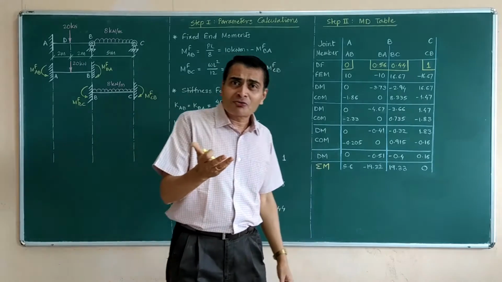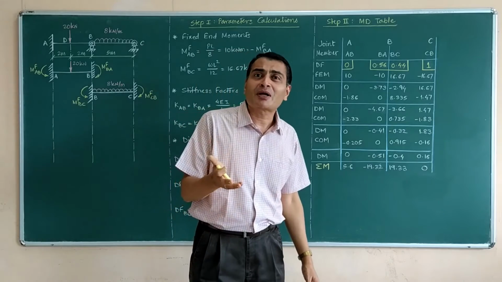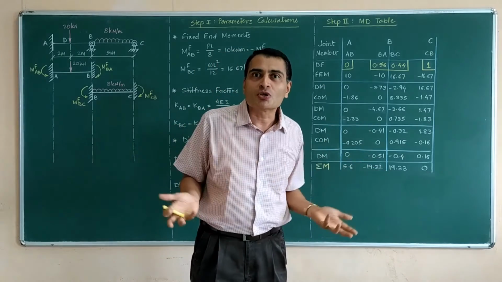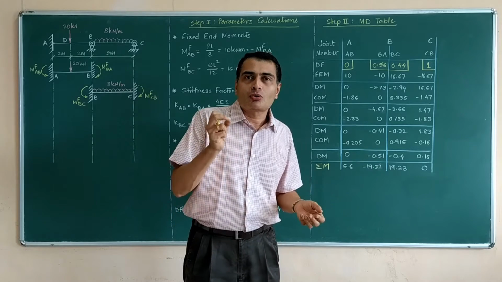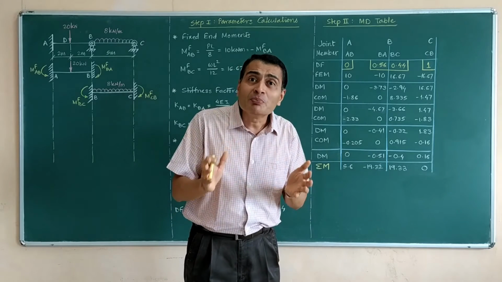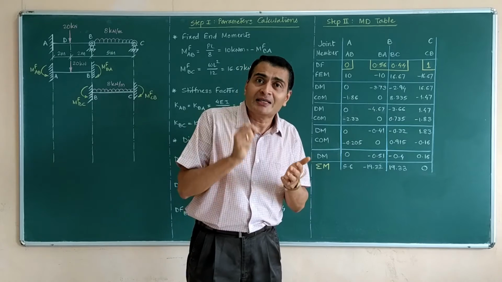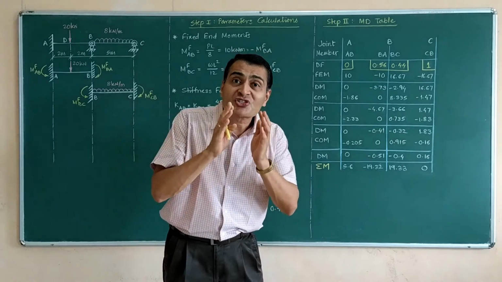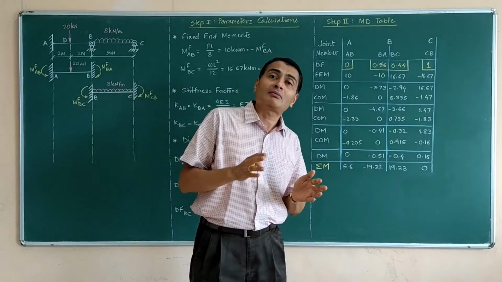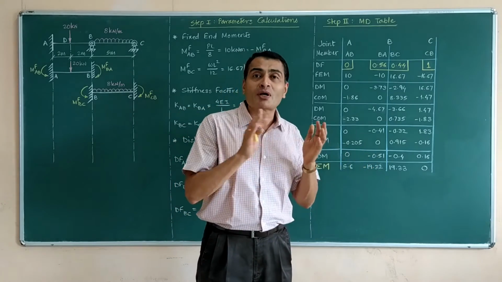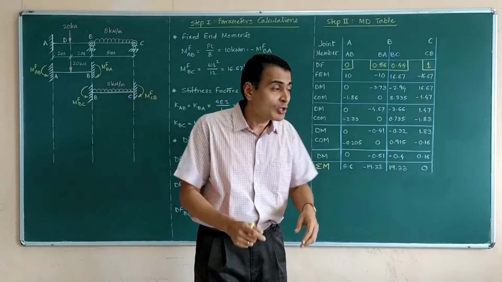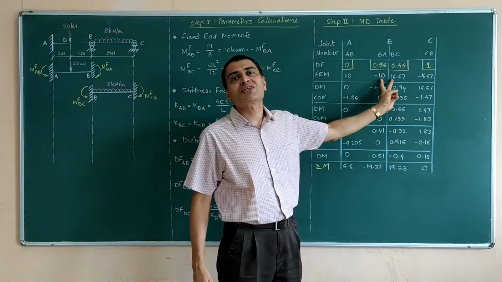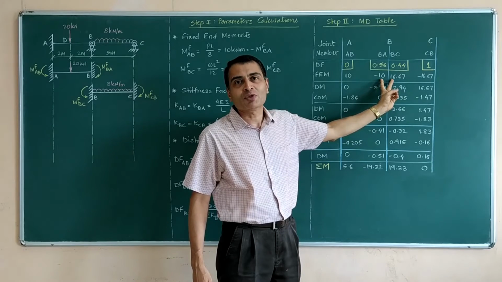I hope you all have calculators, pen and paper, otherwise this will just mean nothing to us. So do calculate, be with me in writing, in calculations. If I am going too fast, please pause the video and then resume when you have understood and when you got the same answer. So as I was saying, there is an imbalance of minus 10 plus 16, which means 6.67.